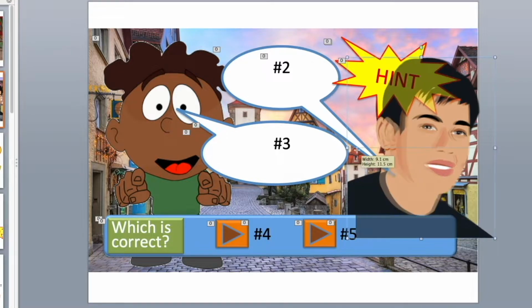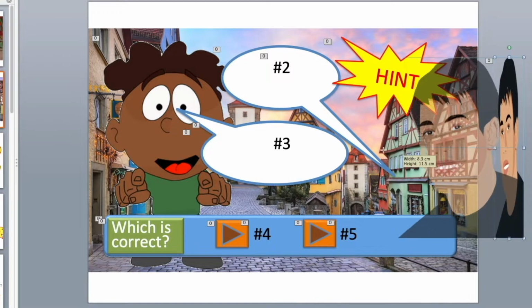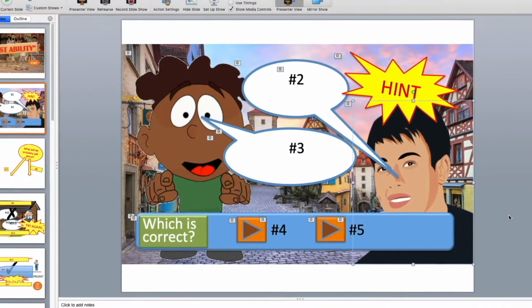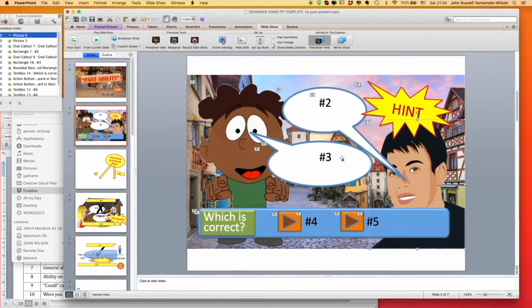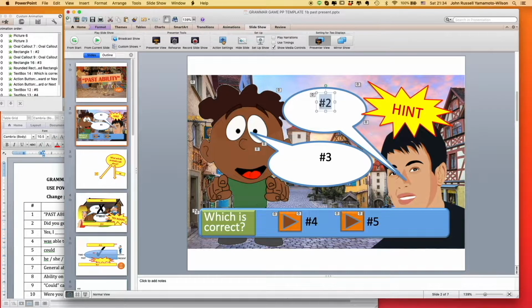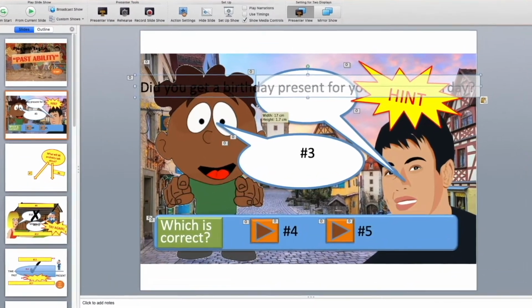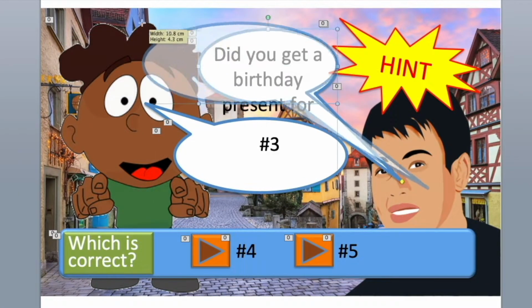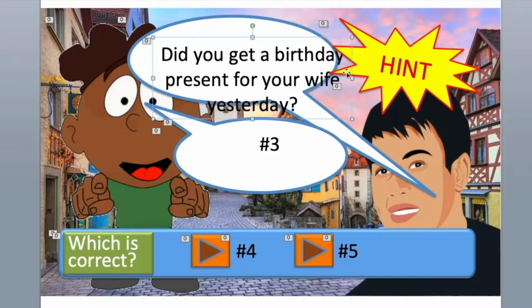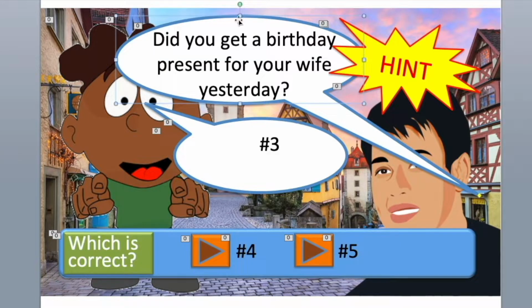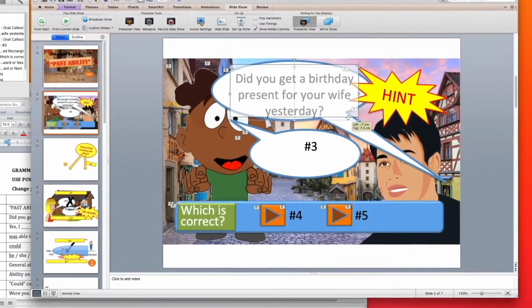He's facing the wrong way round, so I just drag him and turn him round the other way. Pop him in there. Now I want to change the text, so I go to the text file and take up the second element and paste it in where it says #2. For adjustments needed here, I need to fiddle around with the text box and the speech bubble so that the one fits properly inside the other. A bit of a fiddly job.